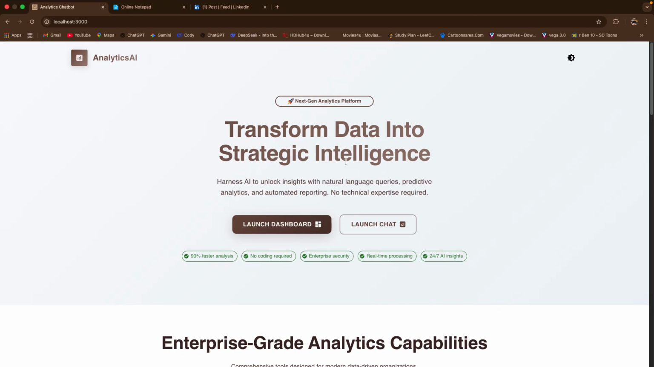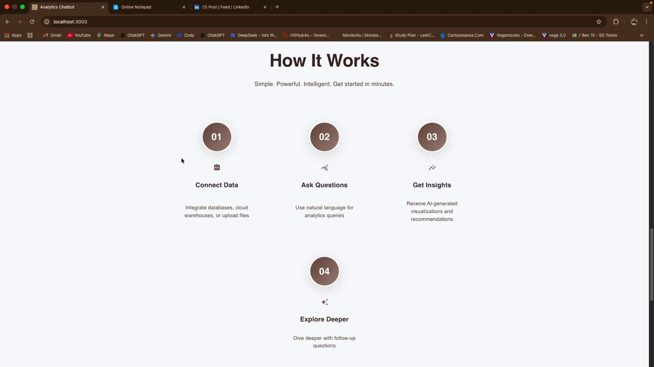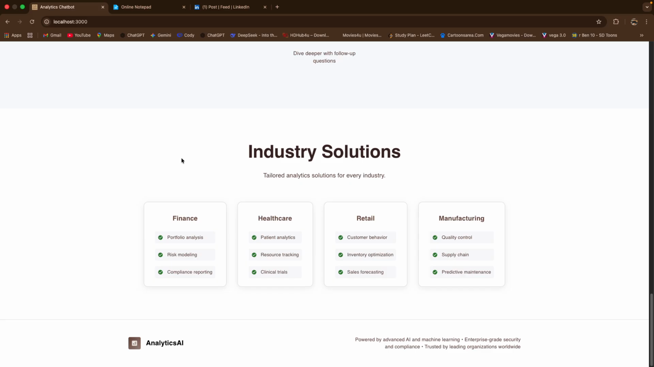Hey guys, so today we'll be discussing the AI analytics application release version 4.0.0. So basically, some new enhancements have happened in this project. I've added a couple of features which will enhance this application's use cases, and it can be really